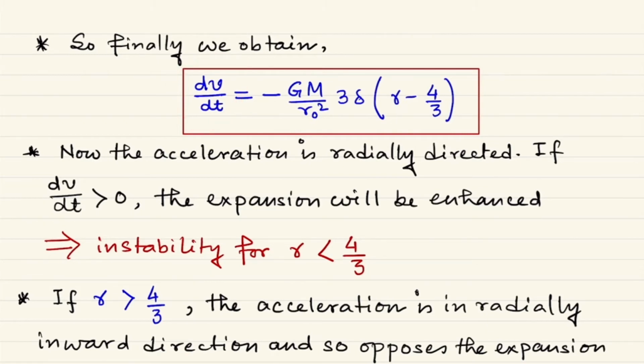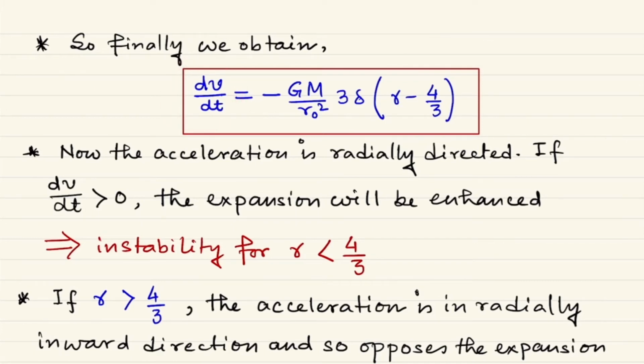If this is positive, that will simply indicate that the system will be dilating, and if this is negative, then this will indicate that the system will try to get back to its original position,